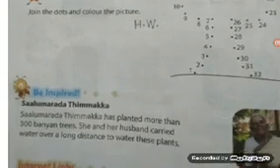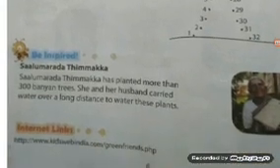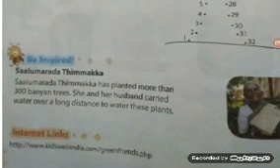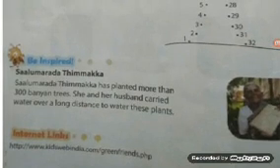Now next part, children, you can see a picture of a lady. Her name is Salumarada Thimakka. Who is she? Now let us take information about her. Salumarada Thimakka has planted more than 300 banyan trees. She and her husband carried water over a long distance to water these plants. Wow, see, she has taken care of our Mother Earth, Mother Nature.